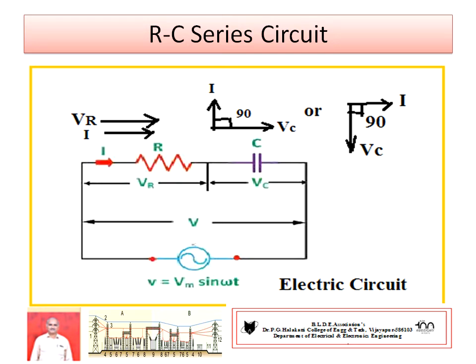So consider R be the resistance connected in series with a capacitance of C farads. These two are connected in series. This series combination is connected to an AC voltage source of RMS value of voltage. Let capital V be the RMS value of applied voltage, which results in the flow of current of capital I amperes in the series circuit. This current remains the same through the R and C.